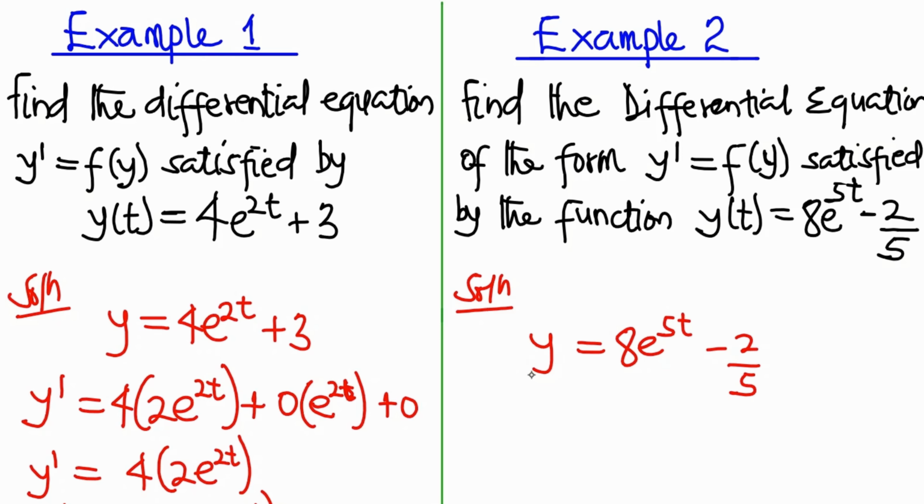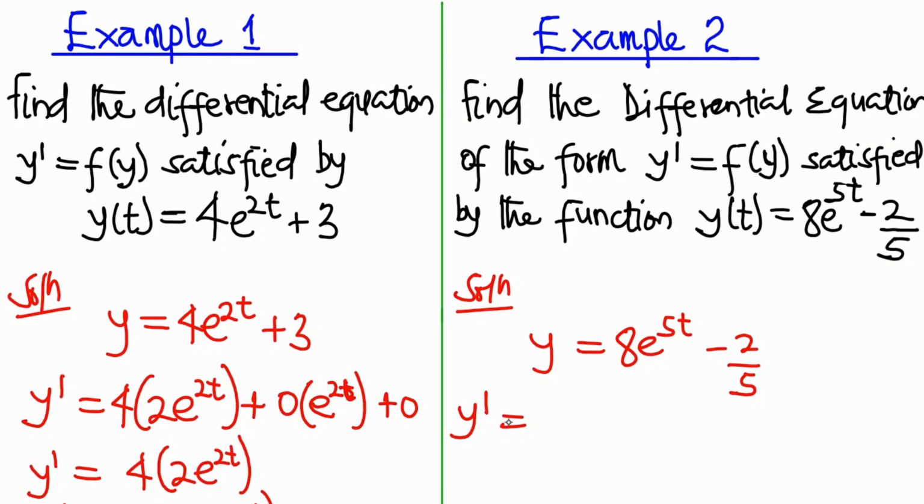We don't bring the t here because we can choose to bring it or not. At the end, we have to bear in mind that the y here is a function of t. So now we continue by differentiating what we have here. We differentiate this with respect to t, then we have y prime is equal to